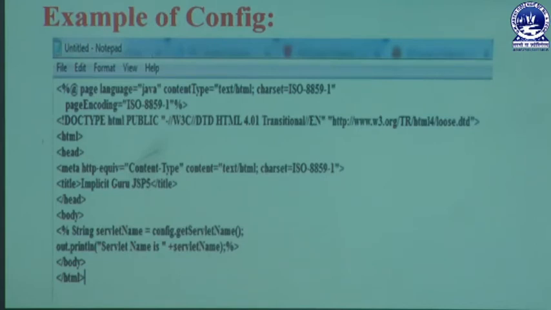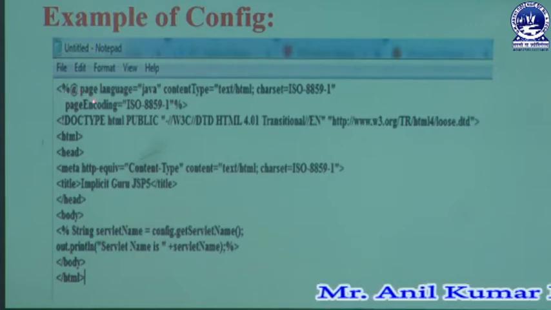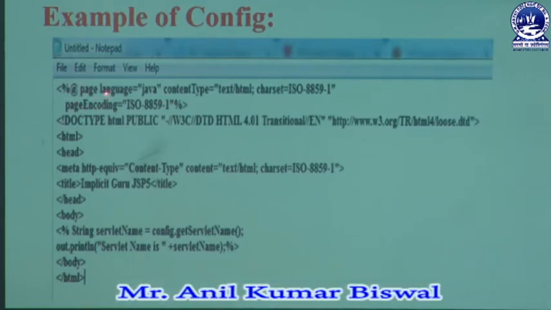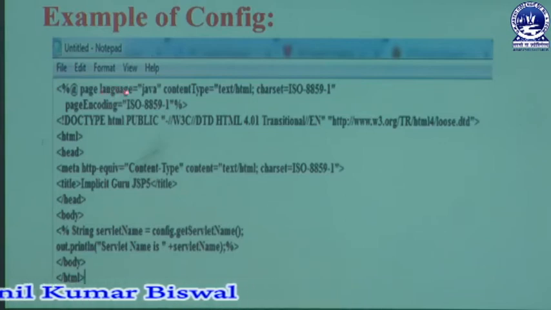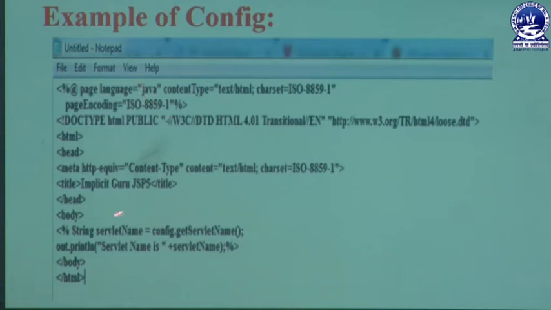That object is specially relevant to our topic. First of all, we use the page directive tag. The page directive tag is denoted as <%@. Then we write page, and that page directive tag contains some attributes like language. In that language attribute we write the name Java, which means this file is relevant to Java content.